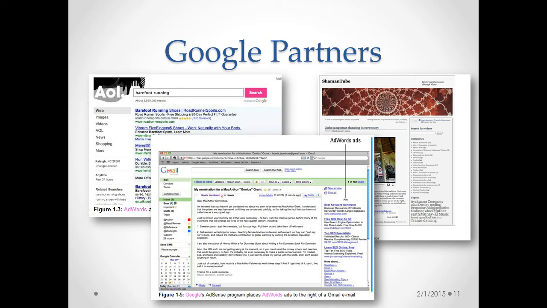So let's talk about Gmail. Gmail is Google's webmail service. It displays AdWords results to the right of email you receive. If you choose to syndicate your ads, your prospects who use Gmail may see these ads if Google determines that the text of the email is relevant to your offer.